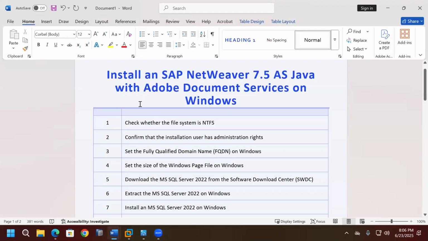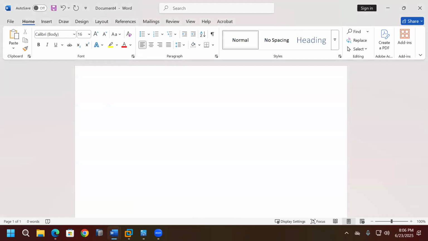So this is the experiment we are doing. Install an SAP NetWeaver 7.5 AS Java with Adobe Document Services on Windows operating system. Mostly remember, one by one I am telling, clearly you got it. Okay. So SAP NetWeaver